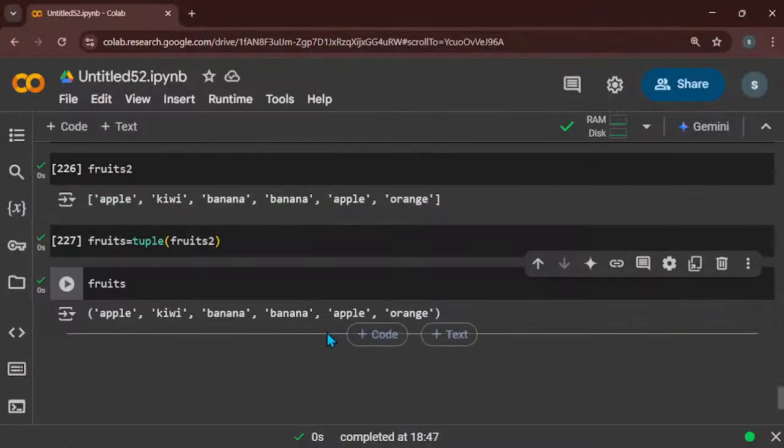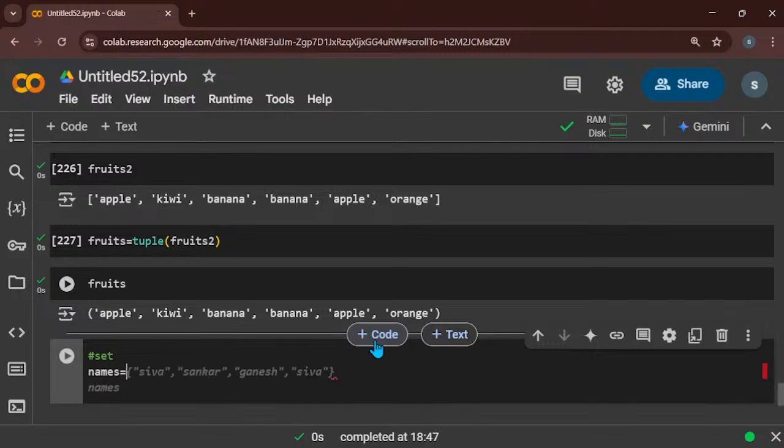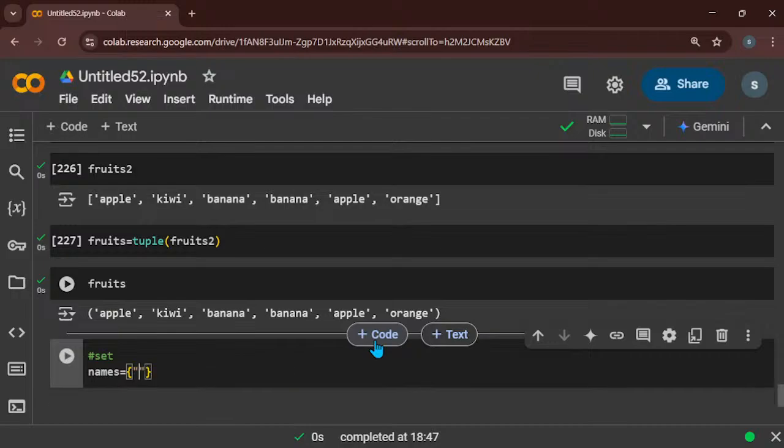So I will show the example for the set. Okay, in this place we are using names as the content. So names is equal to, I will give, okay, fine. Okay, Shiva and